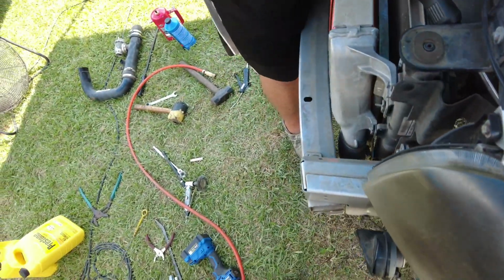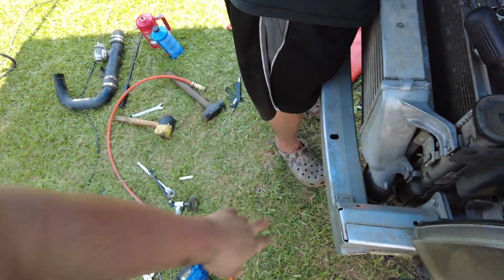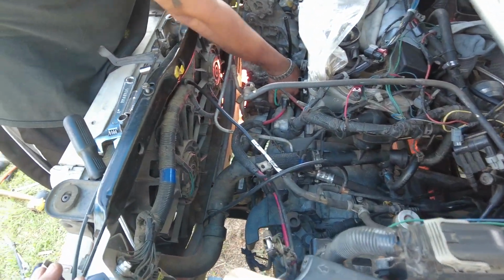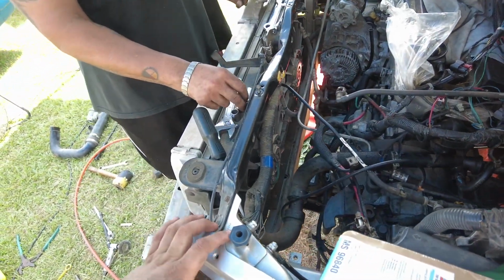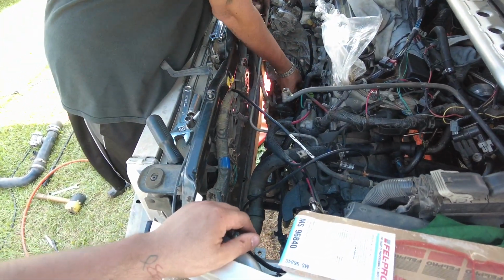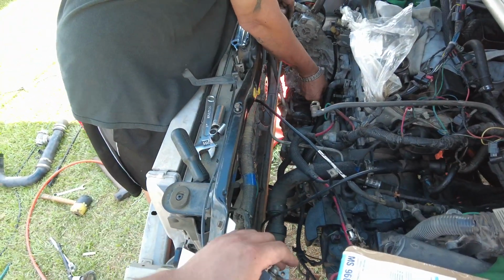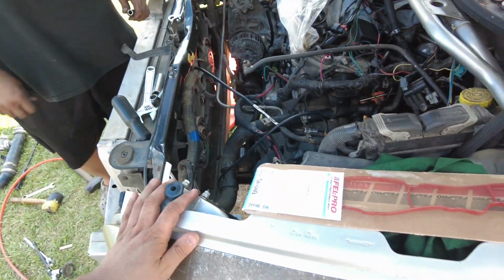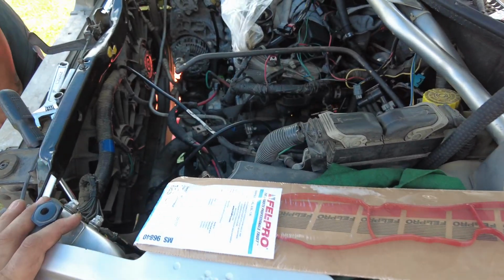And while I was gone a while ago, he got this intercooler on. So everything's been going together at a pretty good rate or whatever. So I'm gonna put y'all on a time lapse and let y'all see us, or him basically, finishing up putting the motor together and everything. And when we go to fire this thing up, I'll just put y'all back on and we all experience it together. So